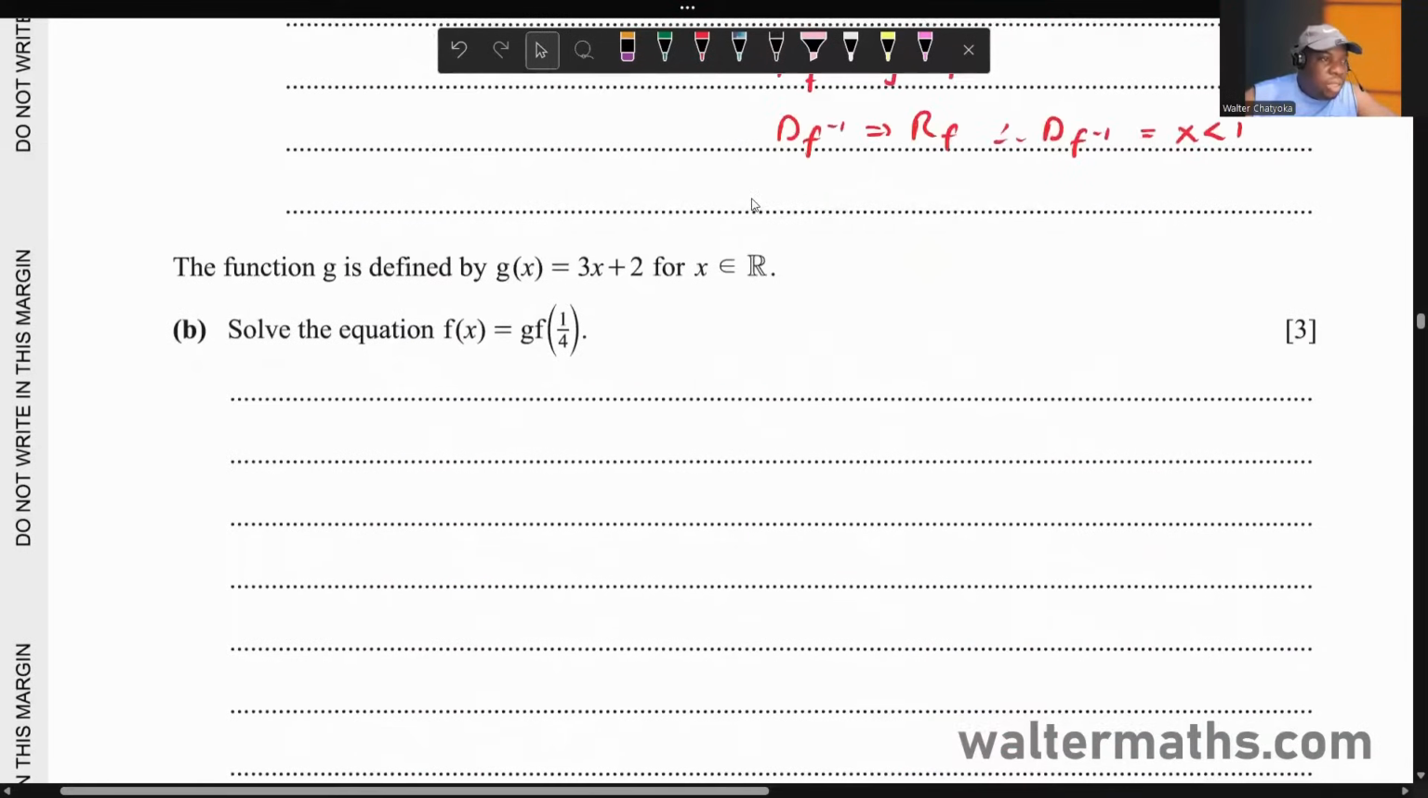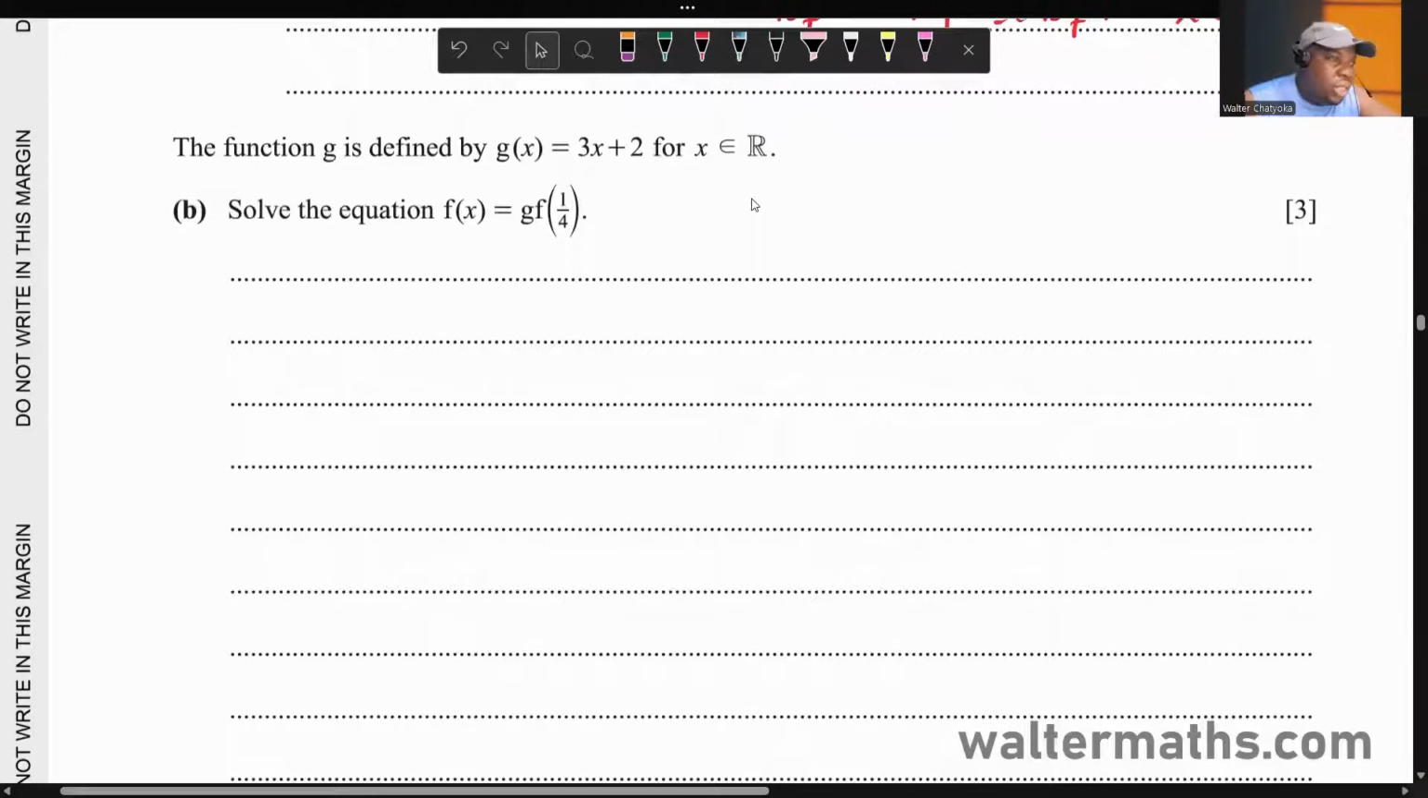Let's go on to the next one. It says the function g is defined by g of x is equal to 3x plus 2 for values of x that are elements of all real numbers. So on part B, solve the equation f of x equals g of f of a quarter. So f of x is 2x plus 1 over 2x minus 1. And g of f of a quarter,